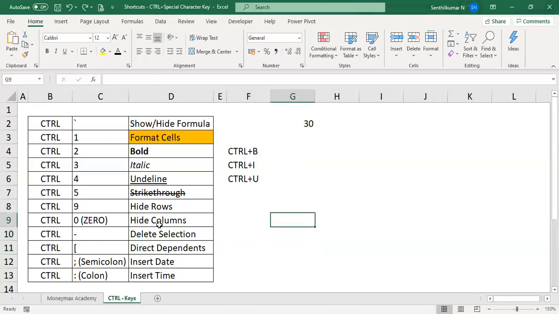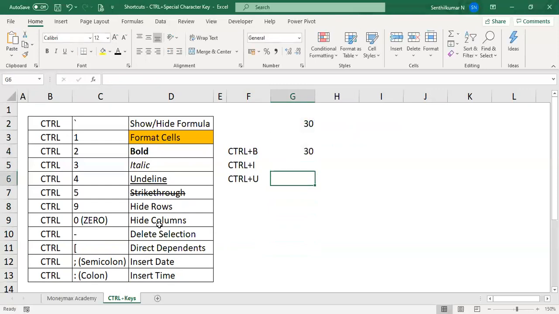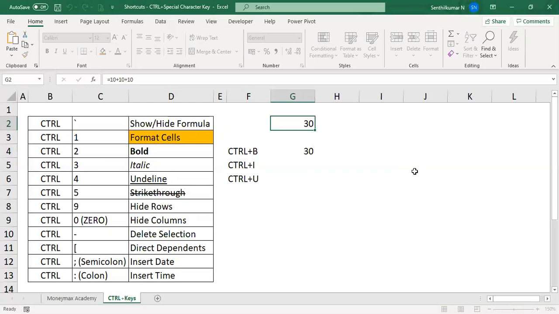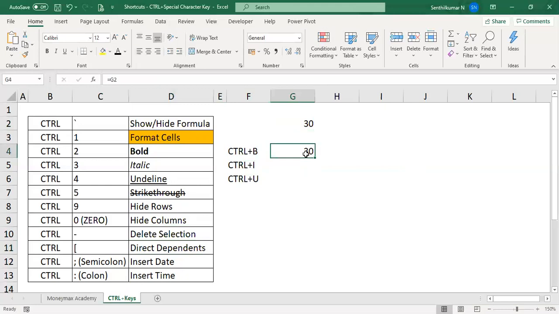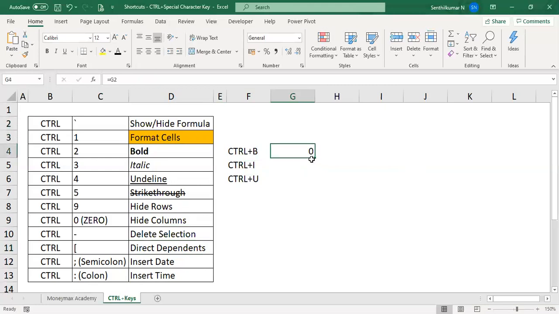Now, this is the data available. If you want to know where the data is coming from, Control open bracket means direct precedents and direct dependents. So the data is dependent on this data. Suppose the data is not available here, the answer will be 0 here.